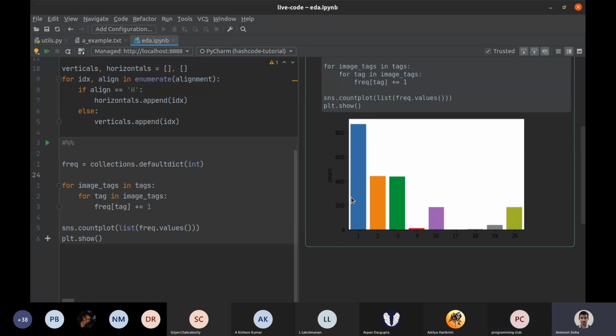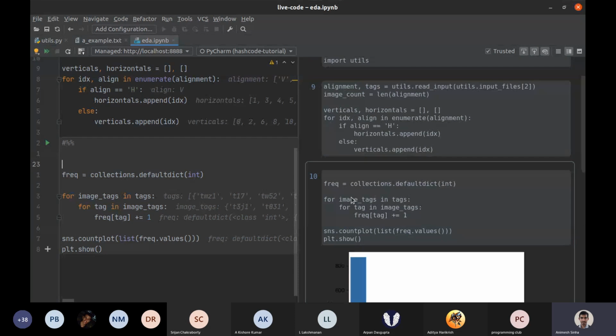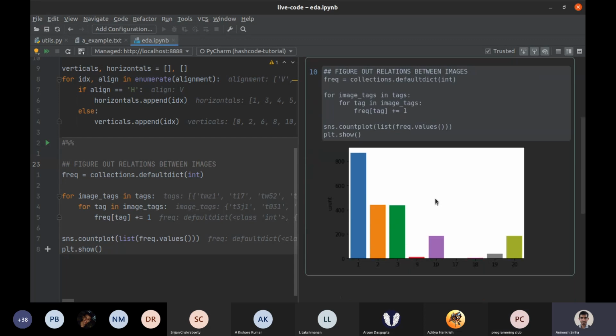So these are the tags. Our score function is almost entirely dependent on the tags. And a tag means a relation between two different images. So the first thing we want to do is figure out how strong these relations are and whether or not we can break apart the problem. If you look at these plots for image C, D, and E, you will notice that most of the tags appear only in one image, so these tags are not really relevant to us. And those that appear in 2 images are relevant.